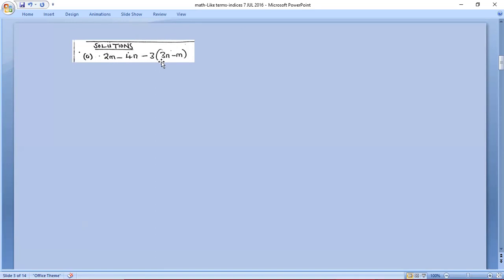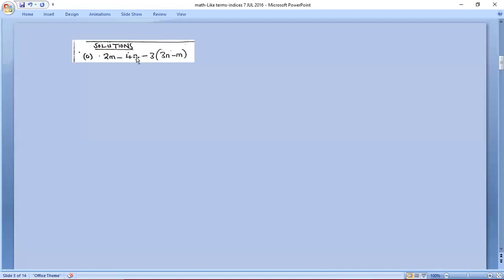First, we expand the brackets. And for us to expand, we have to multiply this 3 together with its sign. Remember that these operation signs, minus and plus, also function as the signs for the term that is on the right side. So this minus is the sign for the 4n, this minus is the sign for the 3, this minus is the sign for the m. And when you are expanding, the sign of the number you are multiplying by, which is outside the brackets here,